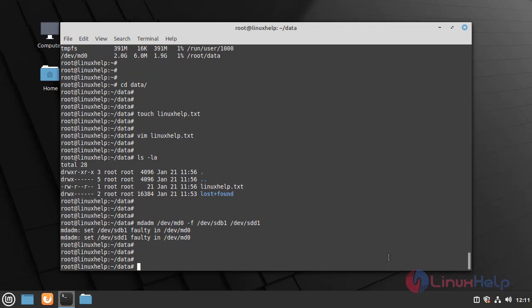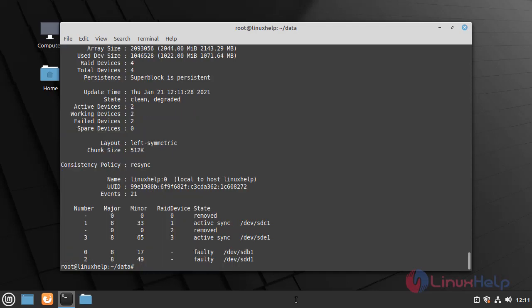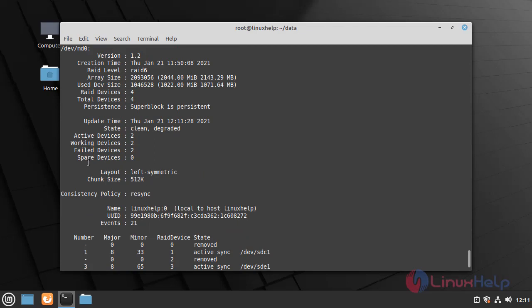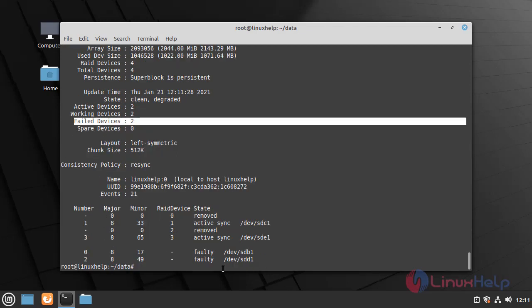Now check the details of the RAID. Here you can see the failed devices is 2 and the sdb1 and sdd1 drives are failed.